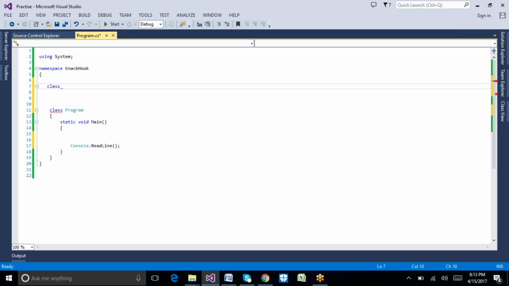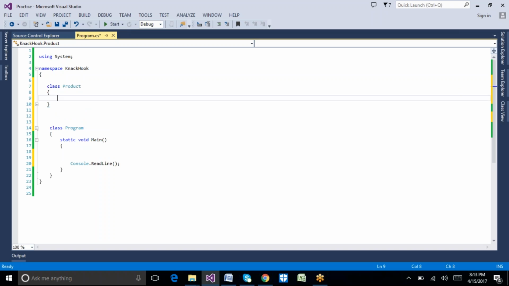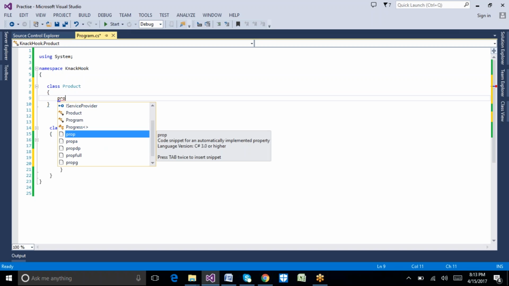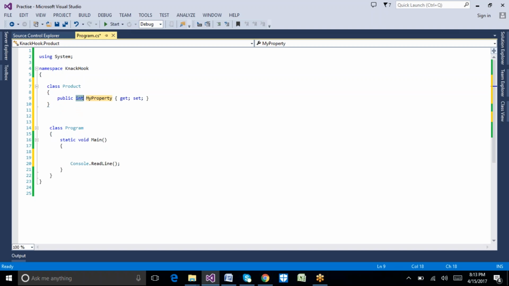My class name is product. We have seen we can create properties for it. A simple way to create properties is to type prop and double click it, and it will create the property for us. Then we can edit our property name, saying product ID,